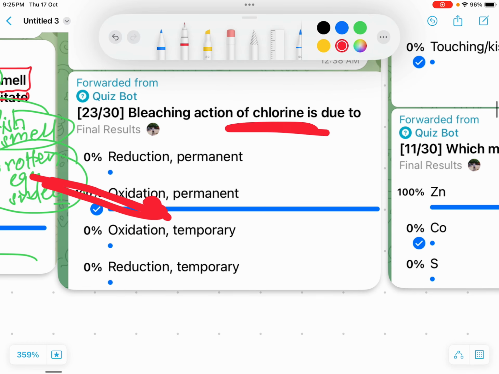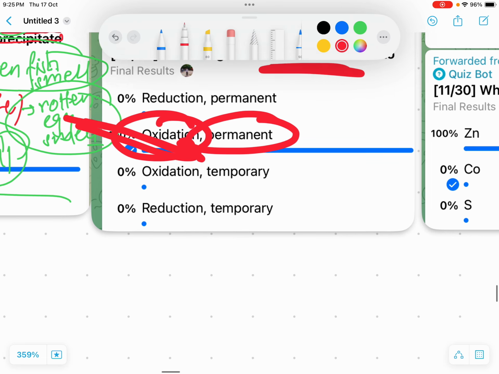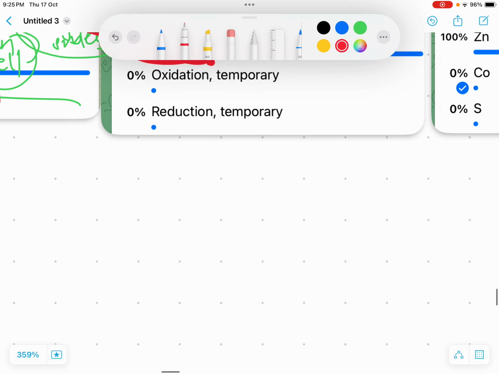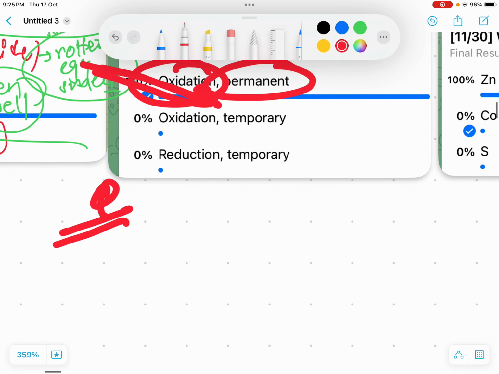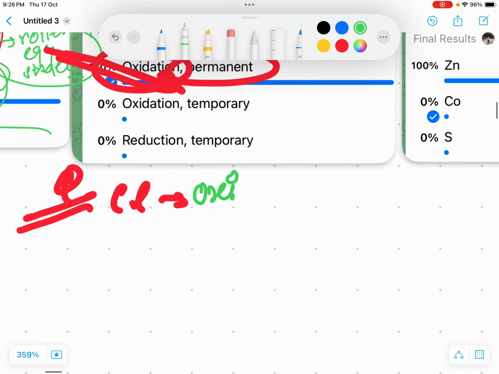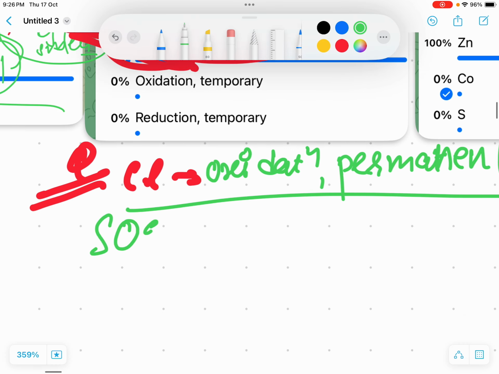नेक्स्ट क्वेश्चन, ब्लीचिंग ऑप्शन भाई, ये तूने सही कर रखा है। क्लोरीन का ब्लीचिंग ऑप्शन कैसा होता है? ऑक्सीडेशन और परमानेंट होता है भाई। इसी बात पे क्वेश्चन चेंज किया। क्वेश्चन पूछा, क्लोरीन का ब्लीचिंग एक्शन कैसा होता है? क्लोरीन का ब्लीचिंग एक्शन होता है ऑक्सीडेशन से और परमानेंट होता है। मतलब एक बार ब्लीचिंग हो गया तो उसे रिप्लेस करना बहुत मुश्किल होता है।